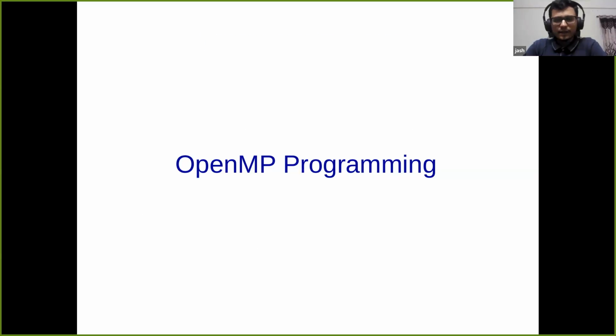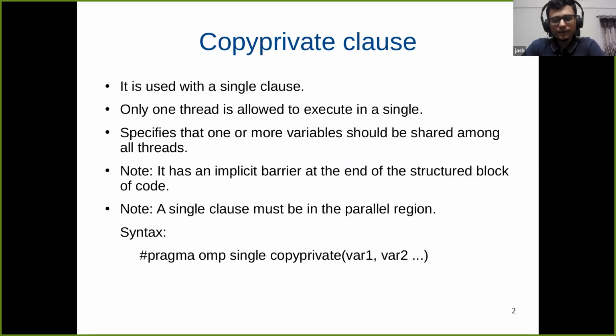Later towards the end, we were looking into copyprivate. So we saw this, right? It is used with the single clause, and copyprivate will ensure that the particular variable that we specify in the copyprivate clause will be copied to all other threads other than the thread which is executing the single. And we saw the example as well, right? So this is the summary of the previous session.